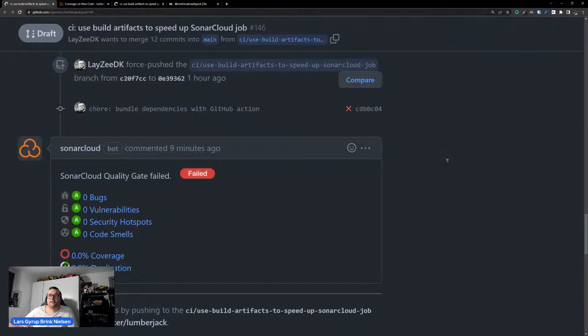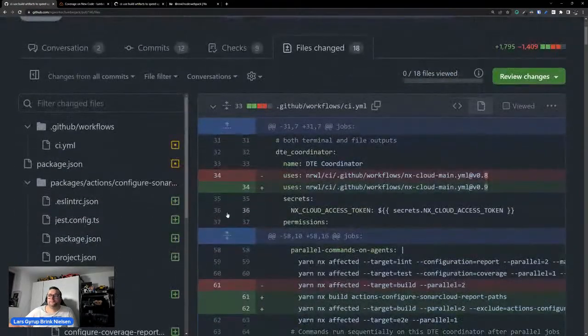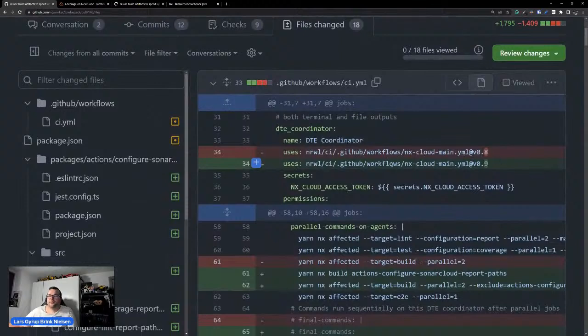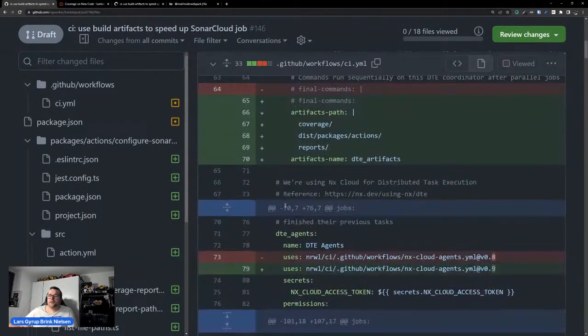And let's look at the pull request here. So I upgraded to the NXDT workflow version 0.9. That was the reason for this pull request, because then we get build artifacts on GitHub Actions support now. Because before